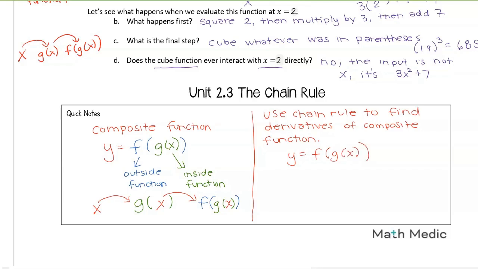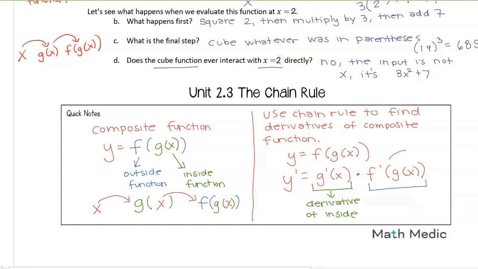To find the derivative of this function, we're going to find the derivative of the inside function times the derivative of the outside function. This is going to be the derivative of the inside, and this will be the derivative of the outside function